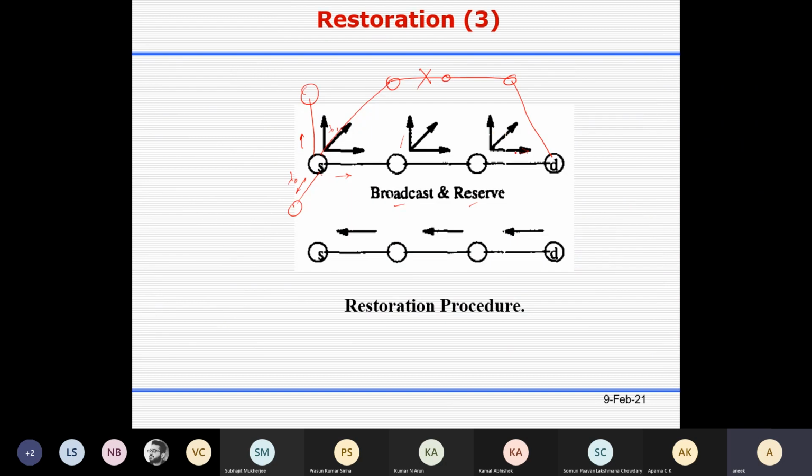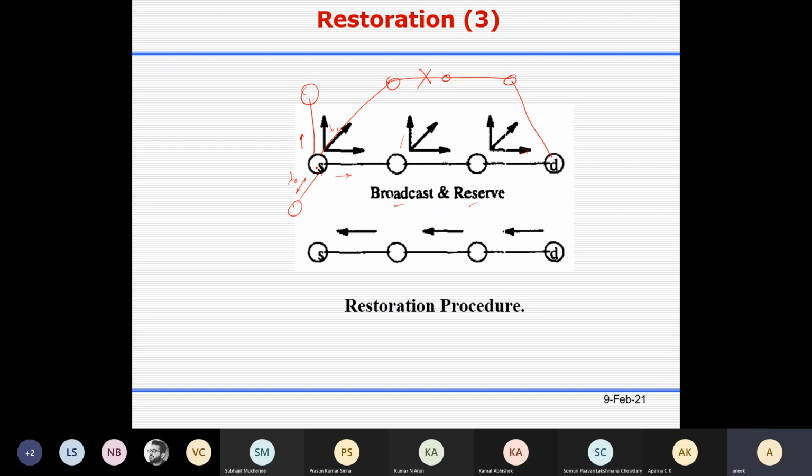So it reaches the destination, so there has to be some path, otherwise the broadcast message will not reach the destination node. So now the destination node, let's say through this link, will send the confirm message. This node sends the confirm message because it knows the path from where that broadcast message has come.